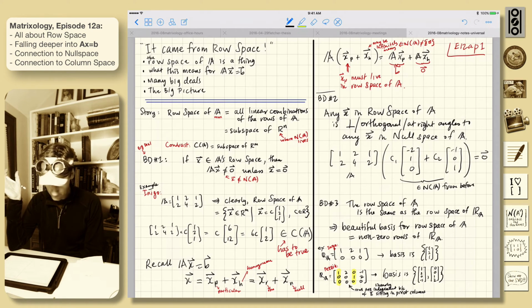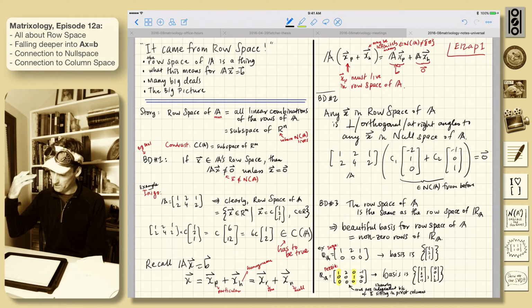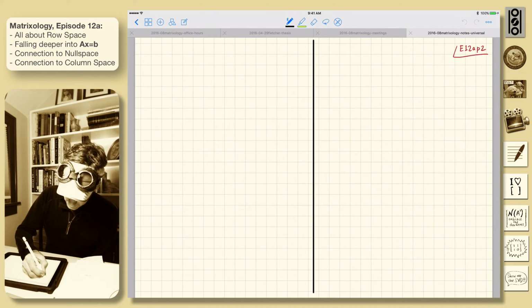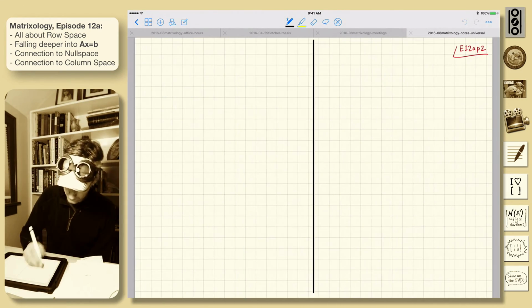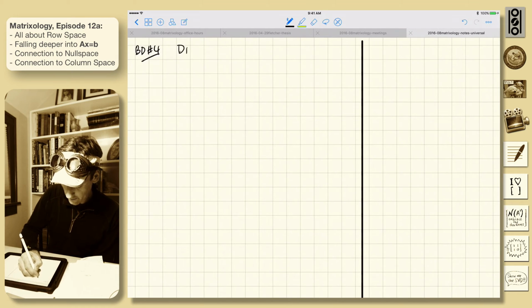At least so far. All right, that also tells us the dimension. Oh my gosh, right? Because we know how many rows there are. There are rows that are non-zero. So we know the dimension of the row space, and it is the same as the dimension of the column space. Big deal number 4. The dimension of the row space of A,